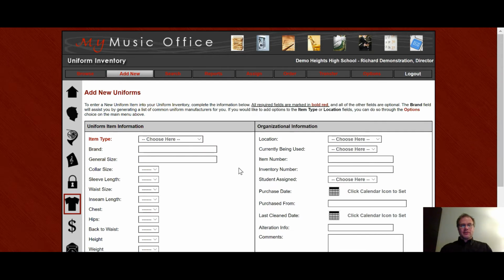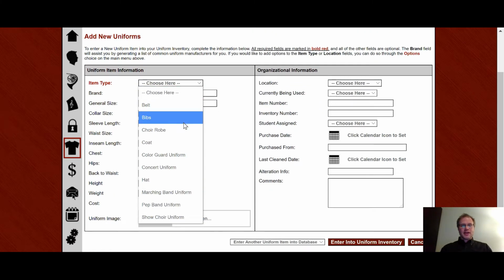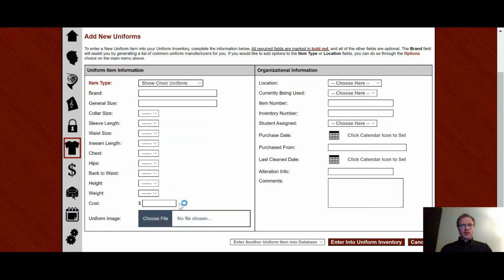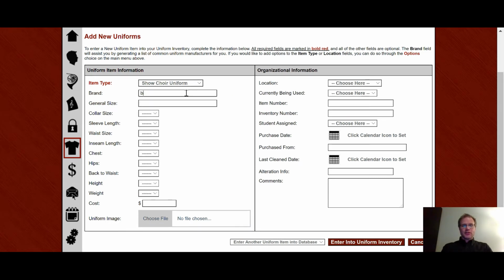In the Add New area, the only thing you have to choose is item type. So if I want to say that I have a show choir uniform, what brand is it? We'll say it is the brand. But as I type in, you'll see different things show up as we go through. So we can call it